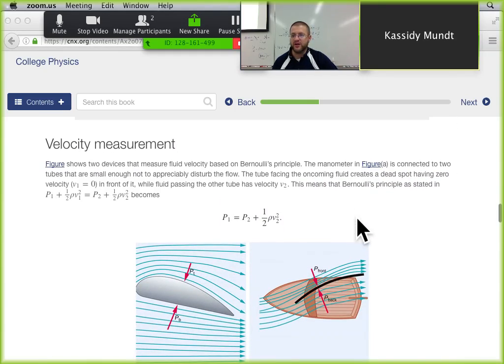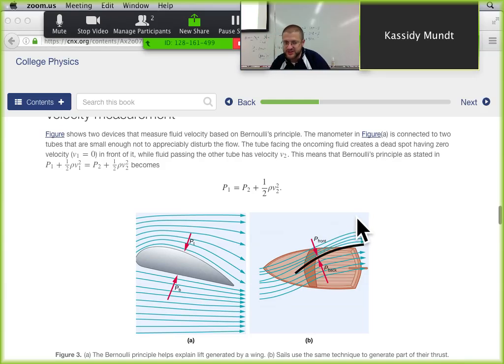So wings follow this, they use Bernoulli's principle for flying and for sailing. This is how you sail a boat, this is how you fly a plane, right? You shape the wing in such a way that the air that goes over the top is going a longer distance than the air under the bottom. And they still have to catch up to each other, even though they take different paths. The continuity equation is still valid. So the one that goes over the top and goes a longer distance has to go faster to get around. It goes faster, which means lower pressure, higher pressure underneath creates the lift.